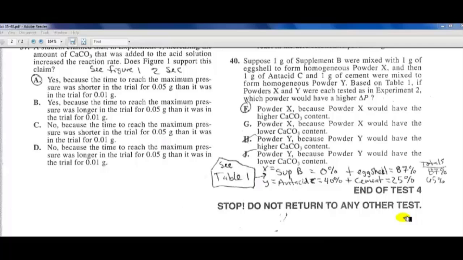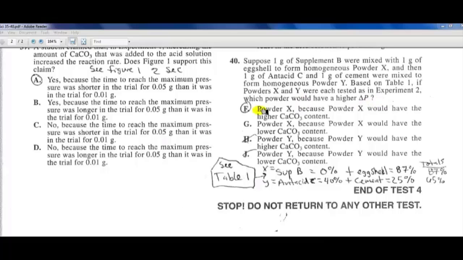Test 70A, Science, Practice Problem number 40. Number 40 is a long question here. You're going to have to write some things down here. Here's what the question says. Suppose 1 gram of supplement B were mixed with 1 gram of eggshell to form a homogeneous powder X. Then 1 gram of antacid C and 1 gram of cement were mixed to form a homogeneous powder Y. Based on Table 1, if powders X and Y were tested as in experiment 2, which powder would have a